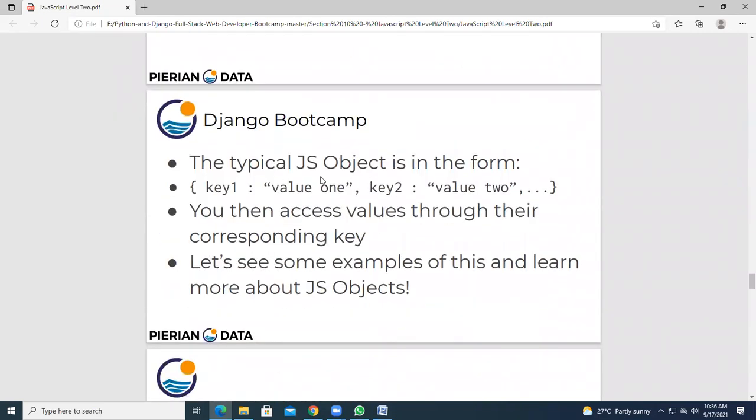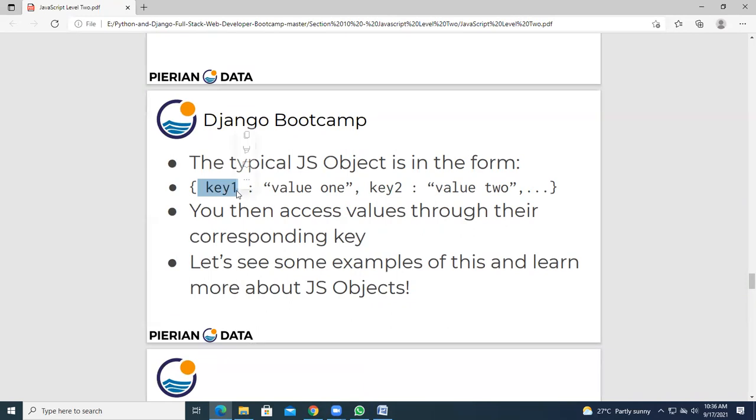A typical JavaScript object has its syntax in the following form: key 1, value 1, key 2, value 2. As I've already told, the JavaScript object will have values in the form of key value pairs.